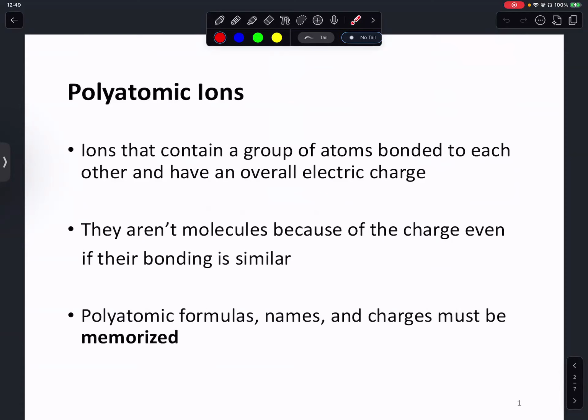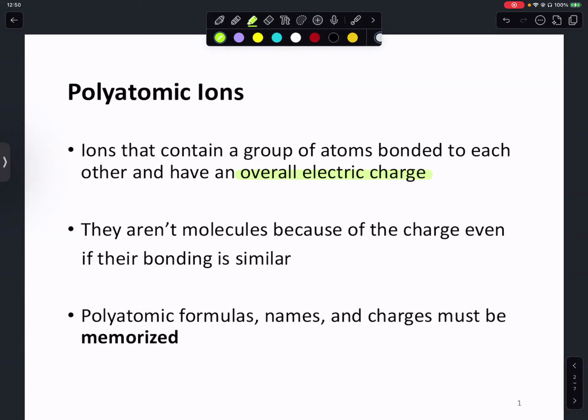It is an ion that contains a group of atoms bonded or connected to each other, where the group itself has an overall electric charge, and this becomes very important. Bear in mind, these are not the same as a molecule because they contain a charge. A molecule would have a neutral charge, but a polyatomic ion will have an overall charge, even if the bonding